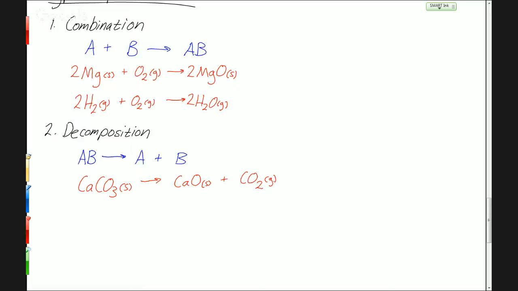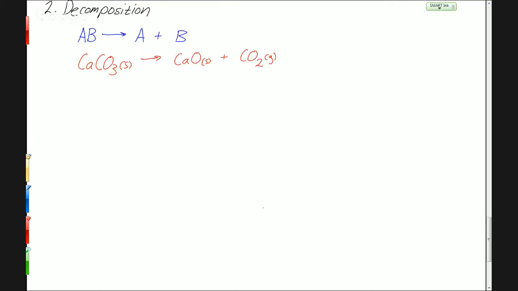You know, we don't really... So these tend not to be really predictable in terms of this class, in terms of what I would ask you to be able to predict, just because there's so many different possibilities of what could happen in that decomposition. So then let's move on to the third category, kind of third and fourth, we'll say,